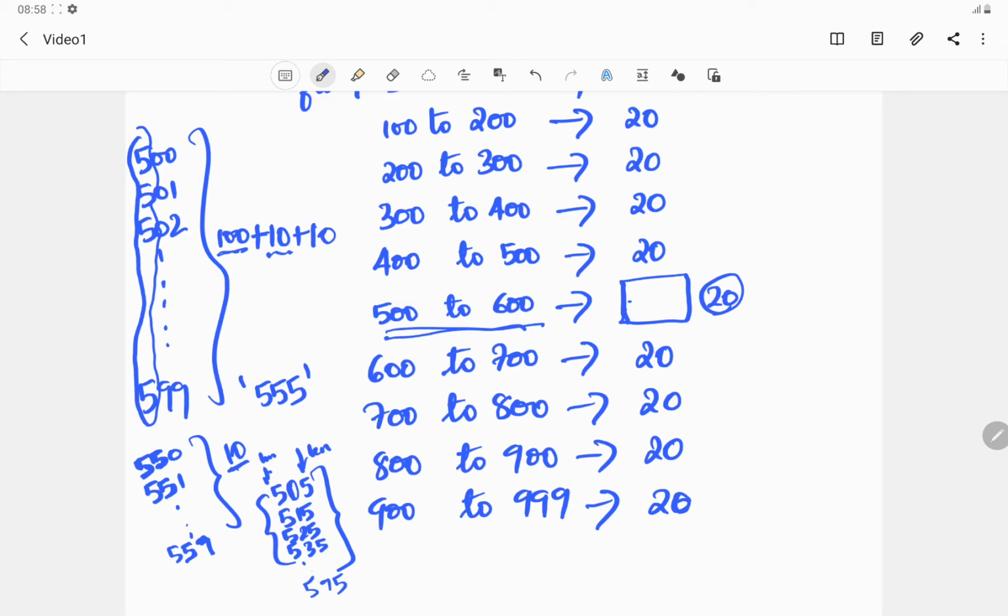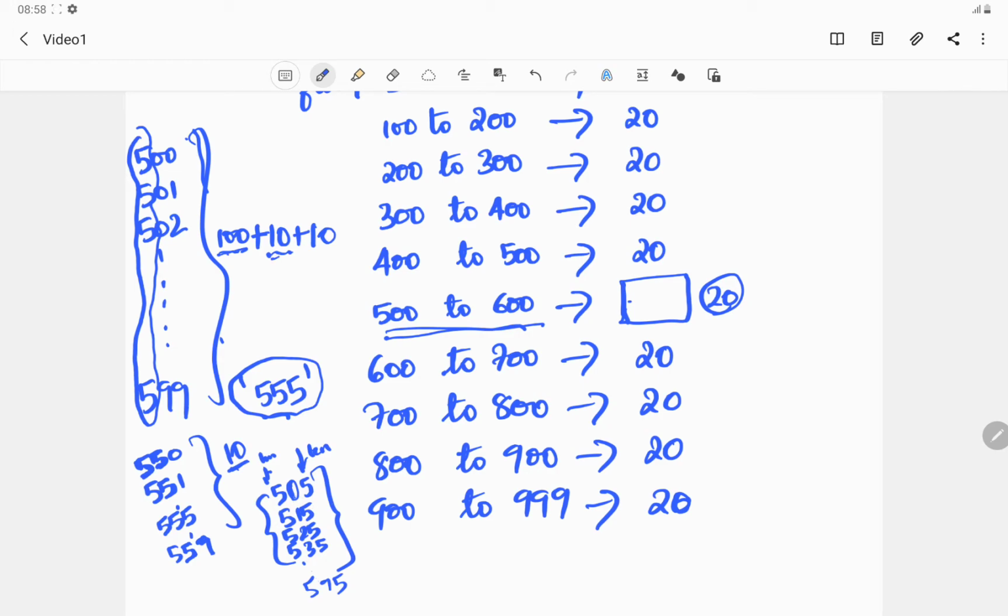Now you may have a doubt: sir, what about 555? Has it been counted thrice? From 500 to 599 we have taken 100 numbers. In this 555 will be there, so it is counted once. Again from 550, 551, 552 we have taken, so in this again there will be a 555, it is counted another time. So twice it has been counted.